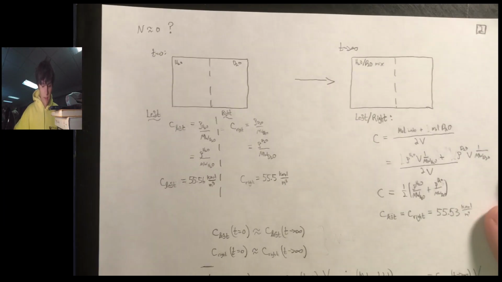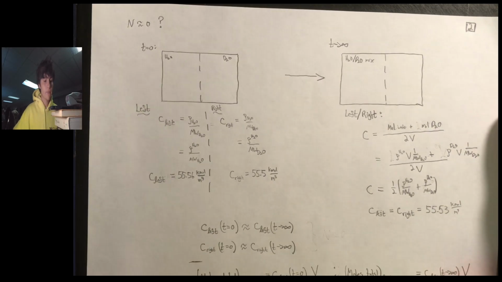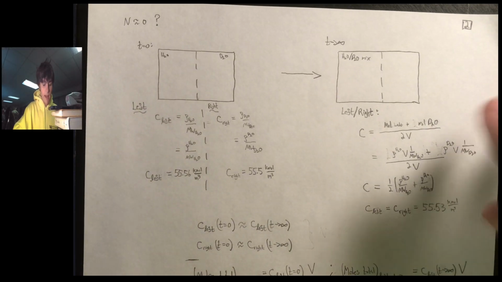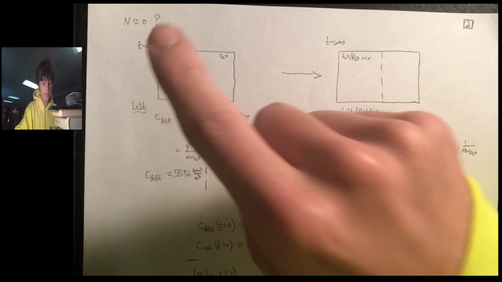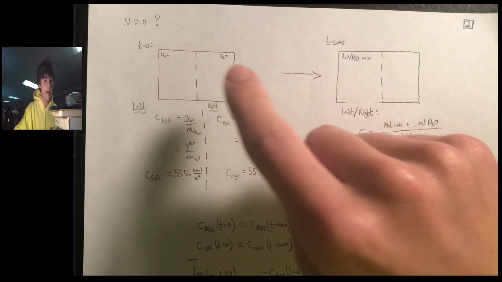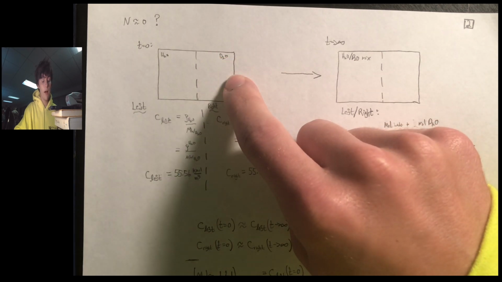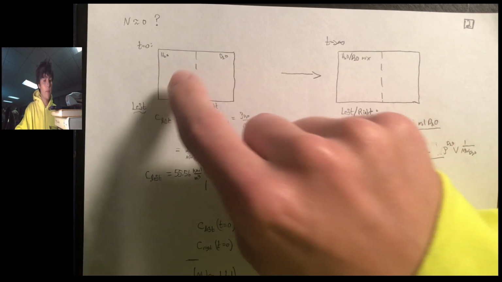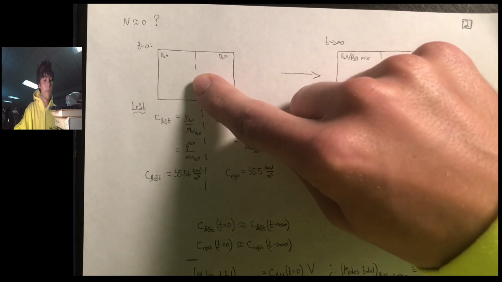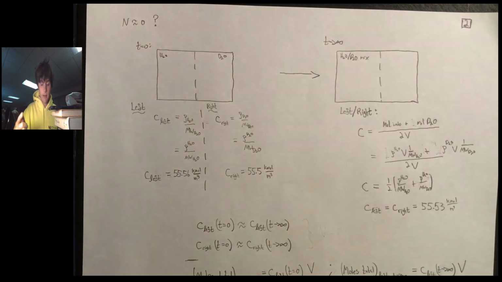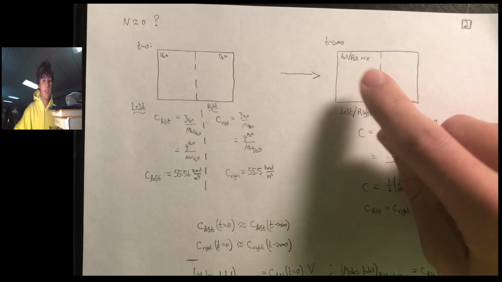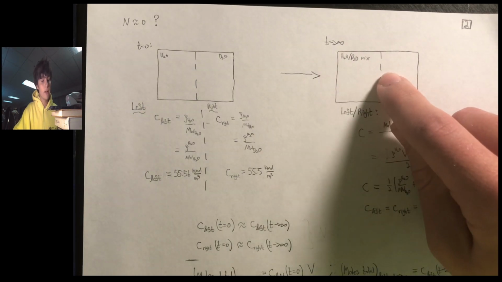So let's talk about why we can assume that the total molar flux is equal to 0. In this analysis, I'm going to take the capillary tube at t equals 0, where there are equal volumes of water on the left-hand side and deuterated water on the right-hand side. They're both pure components. There's a barrier in between. We're now going to let it go to t equals infinity, when the whole system will be at steady state,